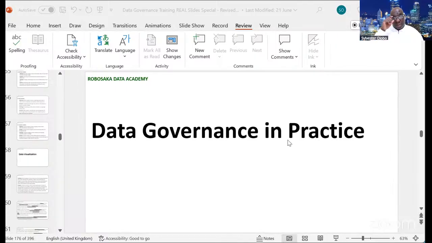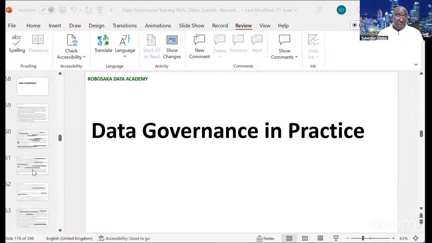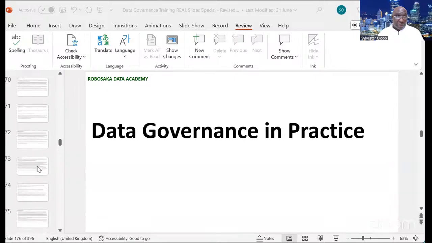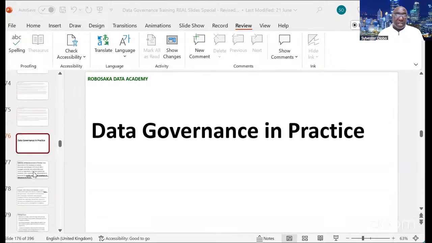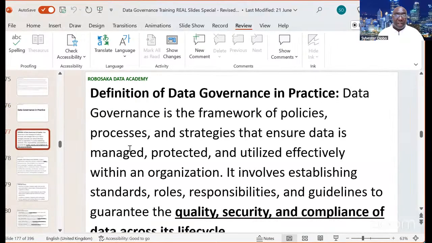So why do you think somebody wants to pay you such an amount of money? For the purpose of best practice policy, they want you to not just know what you're doing. You have to have what is called the framework of the policy, whether brownfield or greenfield, the processes involved, and the strategy, which is a long-term plan to ensure that data is well managed. If you don't follow best practice, it will not be well managed. Protected, of course, that's where you talk about data protection, which includes